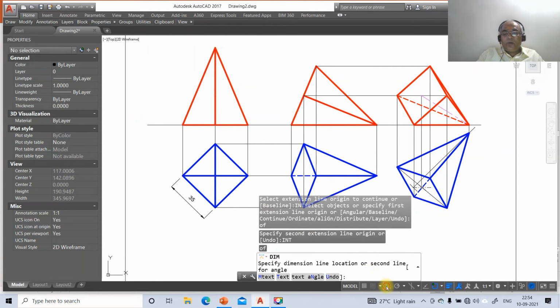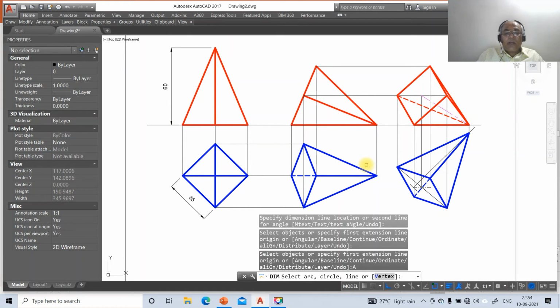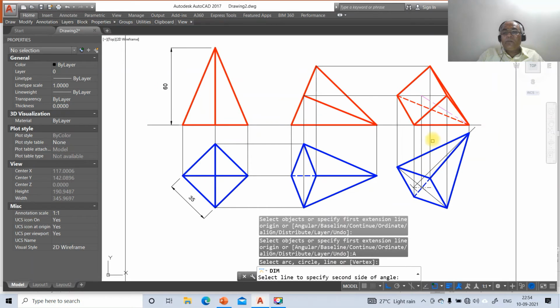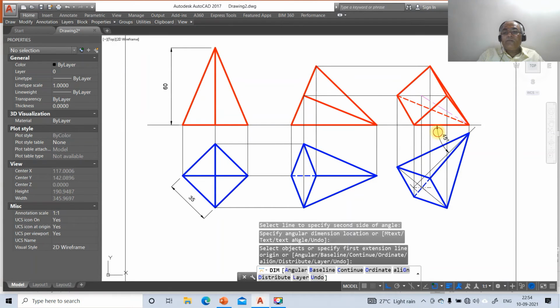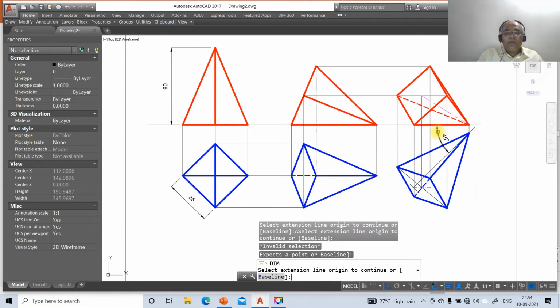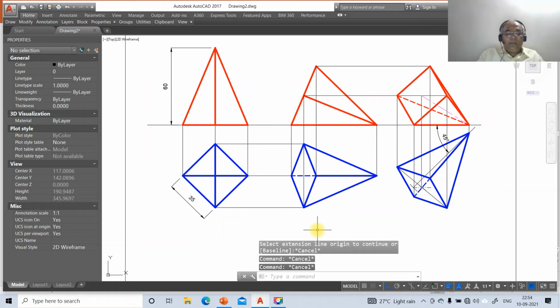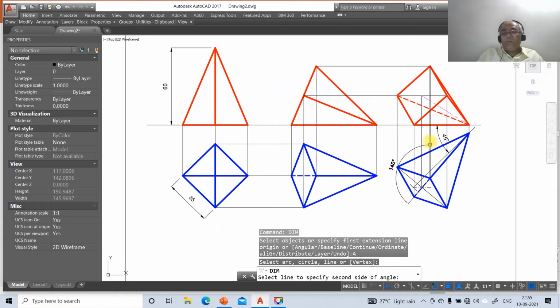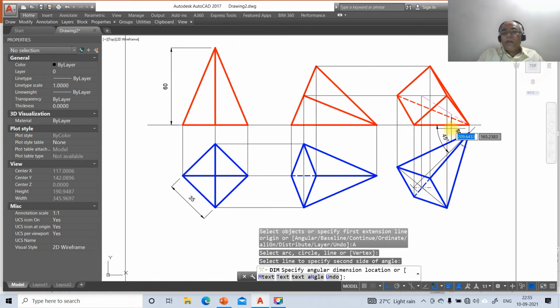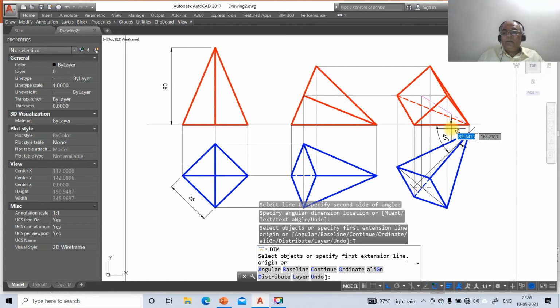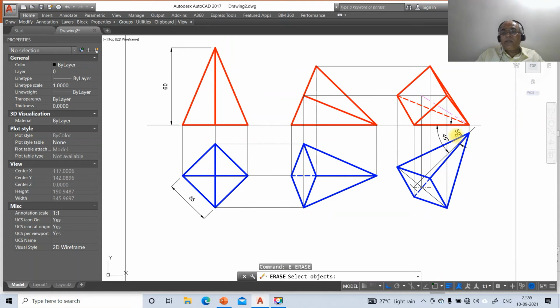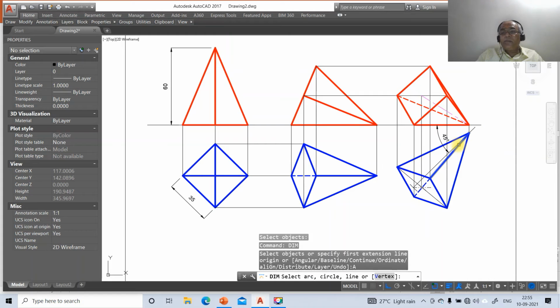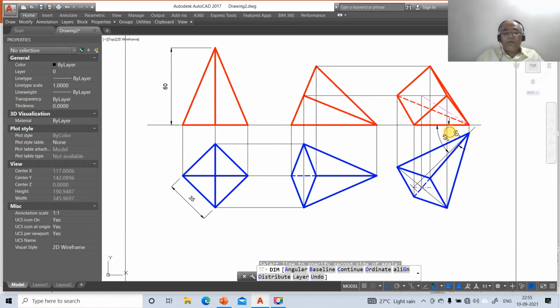So you click on the ortho mode. So you're going to get it as 60 mm and then go to angular, select between these two. So you're going to get to the 45 degrees. Again angular, dim, select angular, select between these two, and here go to text. So here erase it, then go to dim, take angular, select between this line and this line, go to text,